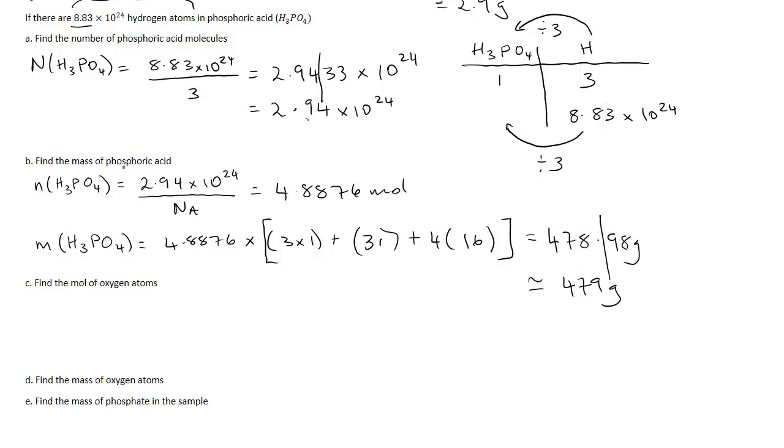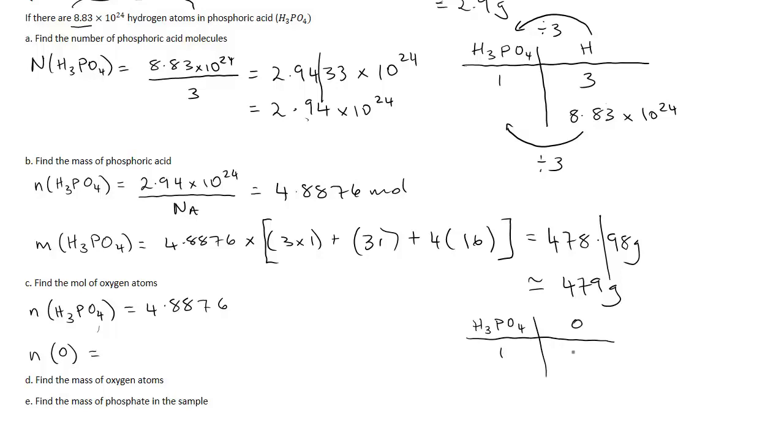So the next question, find the mole of oxygen atoms. Okay, so we know already that the mole of H3PO4 was equal to 4.8876. Now what we need to do is to figure out the mole of oxygen atoms. We need to times it by 4. Again, we can do the table, but after a while you get used to recognizing how many oxygen atoms there are,